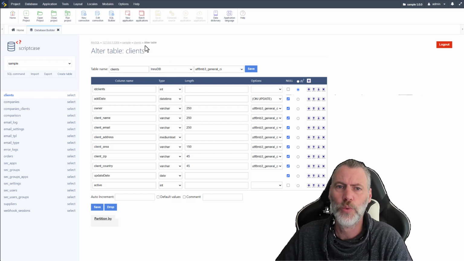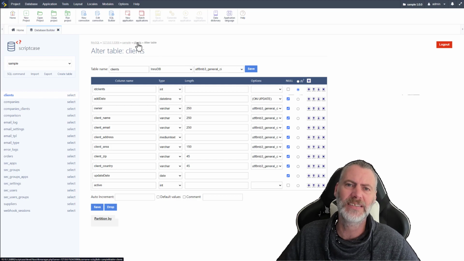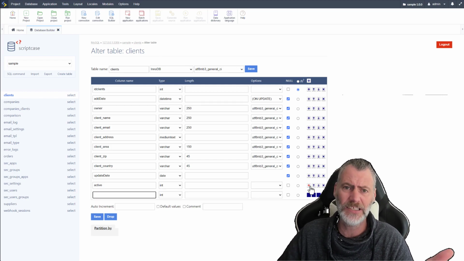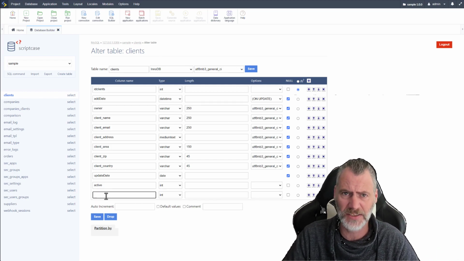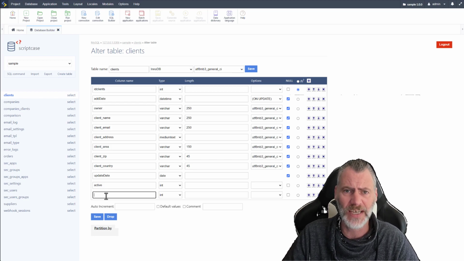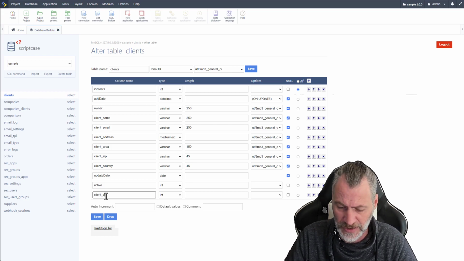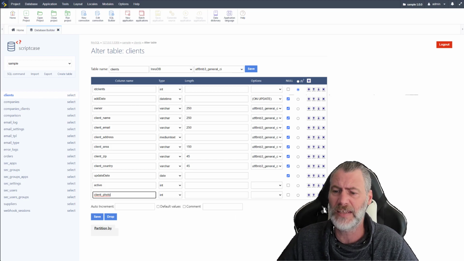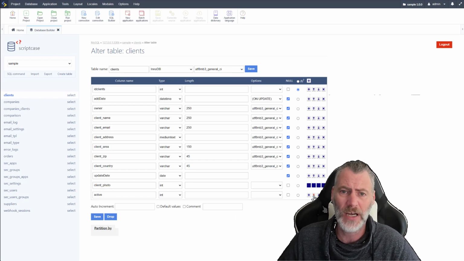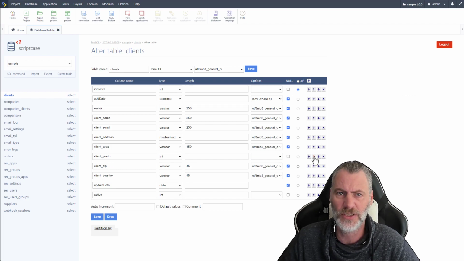Okay, so with that, you can very easily come in here and add a new value for your client. Say for instance you want to add in here the client photo. So now say client photo. I can add that in there, and well, I don't want it after active. I actually want to reposition that a little bit. So I'm going to move that up here, and then just like that, I have a new field in there